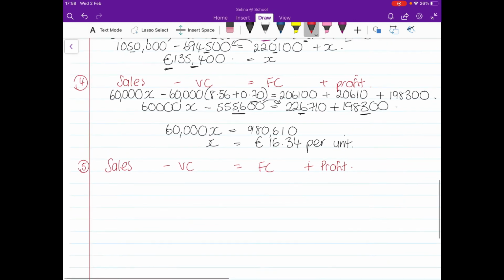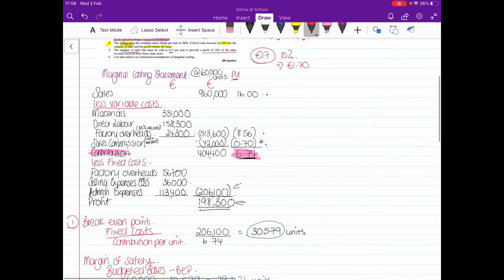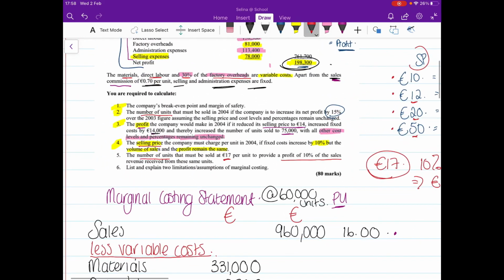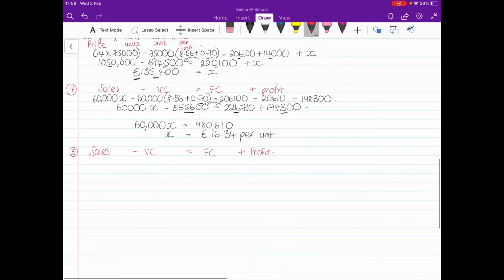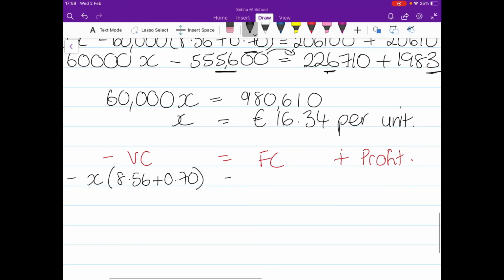Okay, so my sales figure is what I'm trying to find out. So it's how many units that must be sold at 17. So it's basically going to be 17x, because it's €17 per unit and we're trying to find out how many we need to sell. Our variable cost is going to be the amount that we need to sell multiplied by our variable cost per unit, which again is not changing, 8.56 plus 0.70. So unless it tells you it's changing, you're assuming it's not changing. And our fixed cost is also remaining the same, so that's the €206,100. And my profit is going to be